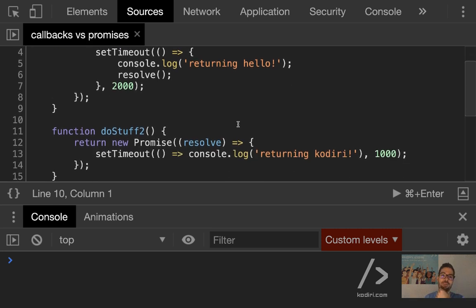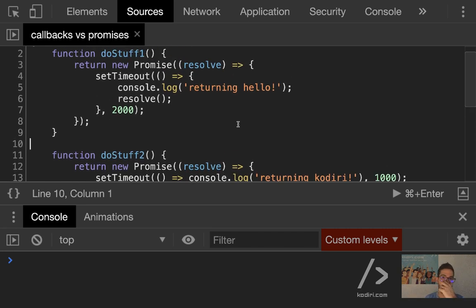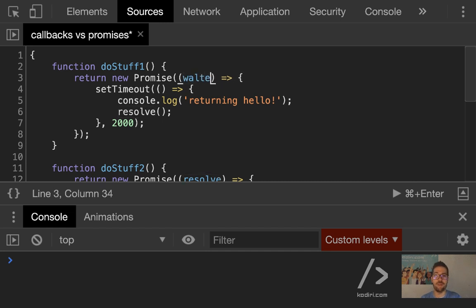You can call resolve like rest. You can change the name. Like rest. Of course, you can put whatever you want. Exactly. I can put Walter. Look. Exactly. It doesn't matter. Very sexy name. Walter is sexy, right?